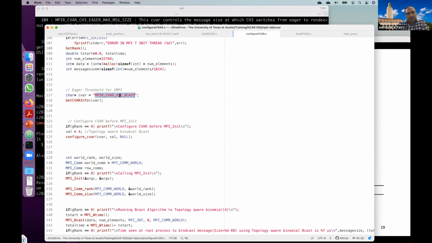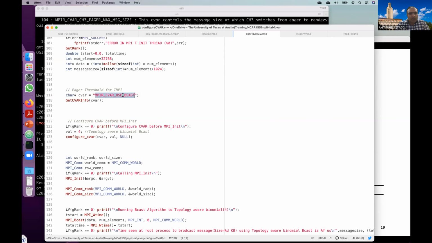These implementations depend on the message size, how many processes there are, and several other factors like the capability supported by the hardware.